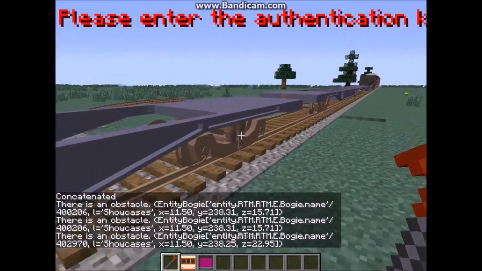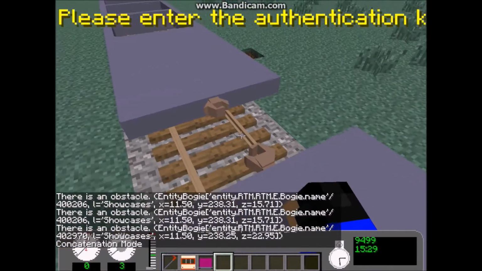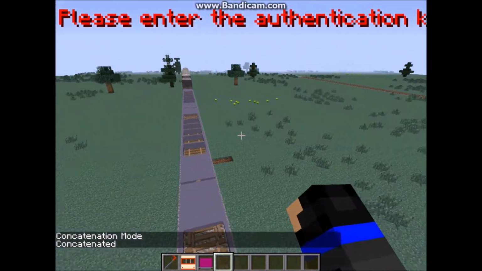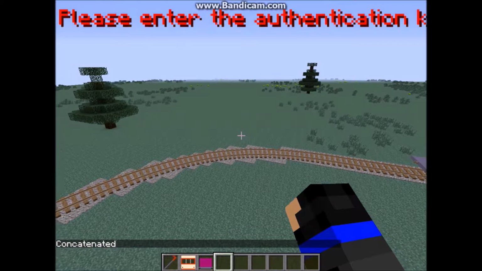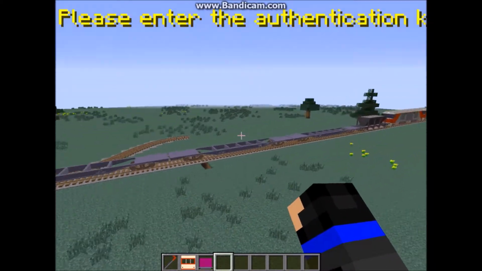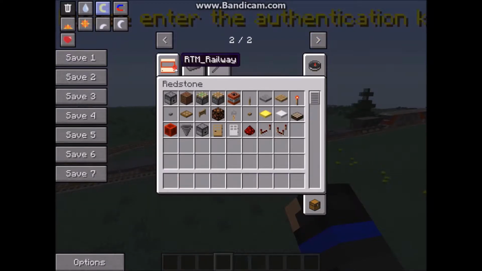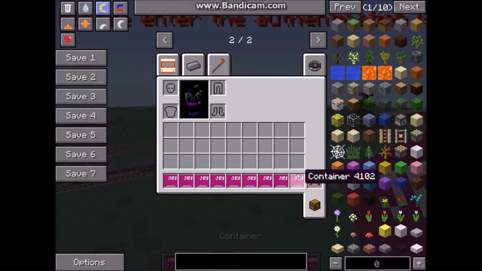And I don't think you can put them on switches, but you can't put them too close together either. So far, this is our consist, which is pretty tiny if I do say so myself. Don't know why we needed 2 locomotives for that. But anyways, if I grab myself a few gajillion containers,